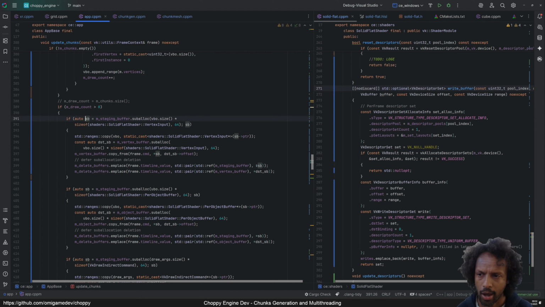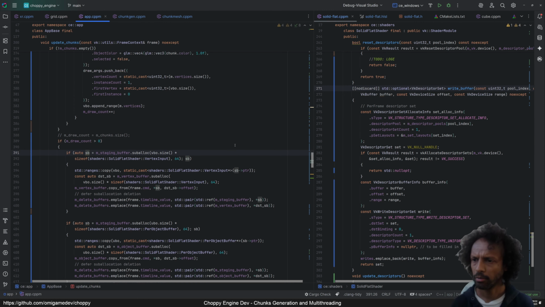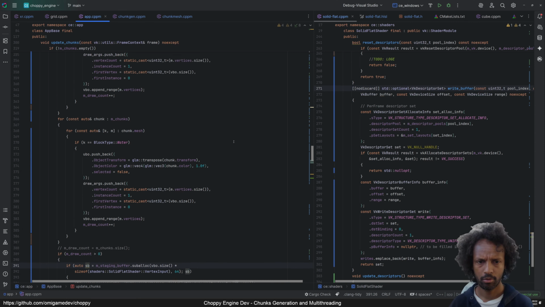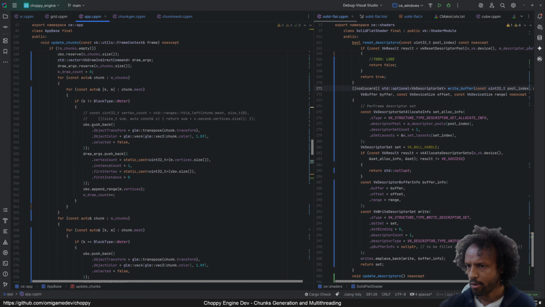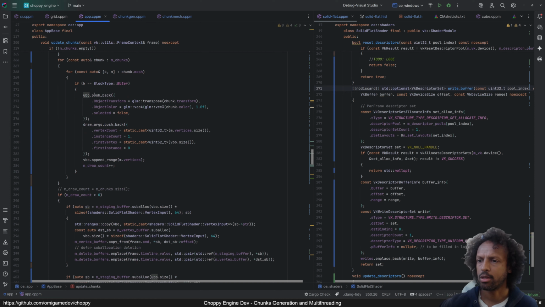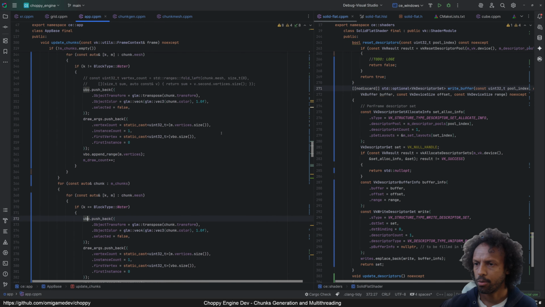Yeah, I feel like this can't be const. Anyway, I need to bind the whole range. Yes, I need to bind the whole range. For the UBO,